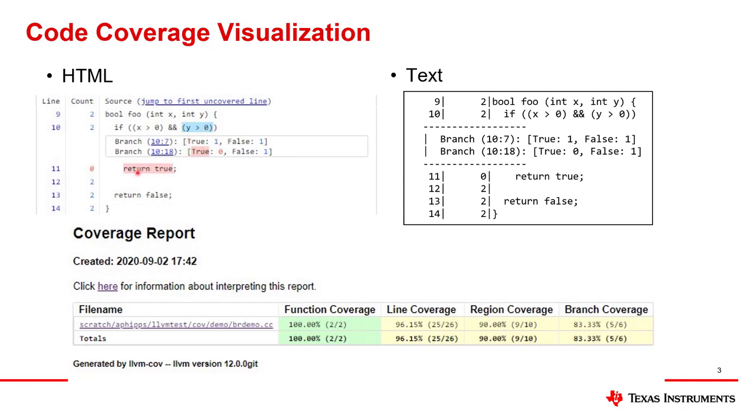Things in red are bad, and I'll explain that when we get to it. You can also see it in text format if that makes sense for your situation. And here towards the bottom, I'm showing how you can see a coverage report. This is the kind of thing that tends to be important when you're trying to meet certain safety standards. So this is what we're aiming for. We're trying to get to a point where we could see this kind of thing regarding your source code.